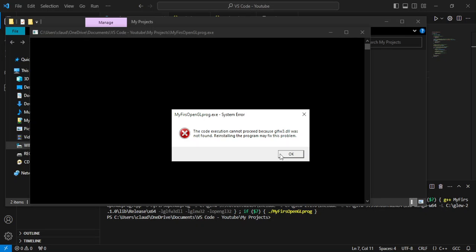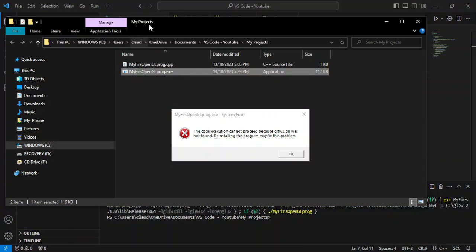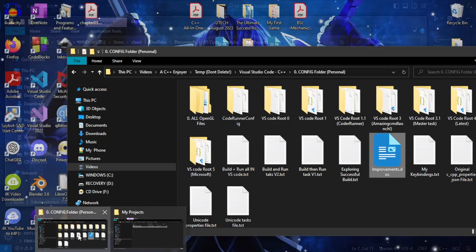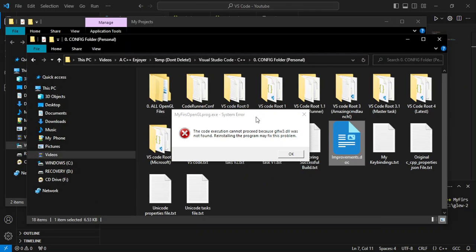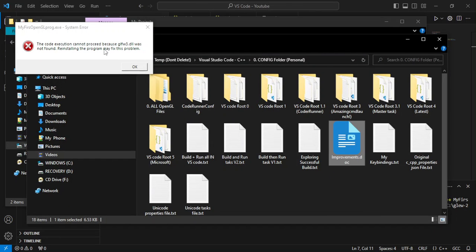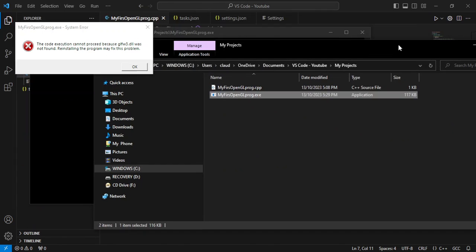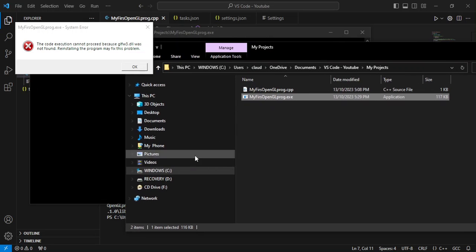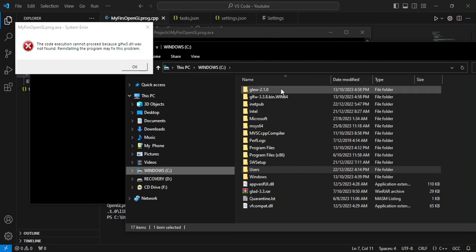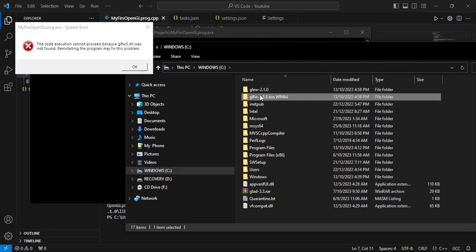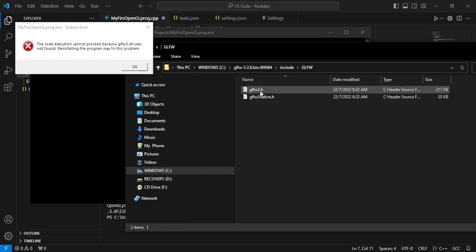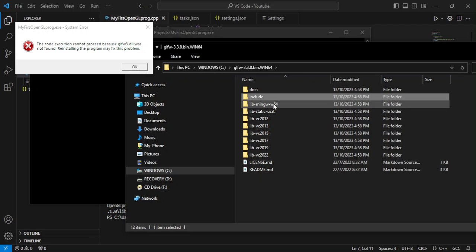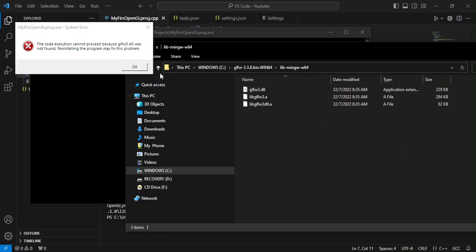So what are we going to do? We're going to locate this file. So we're going to manually go here. Okay, wait. All right, let's move this to the side. So remember, we're locating this file. So I'm going to close this and let's go to Windows. It was GLFW, and I think this is the include. Let me see. No, sorry, it's library. So here it is,